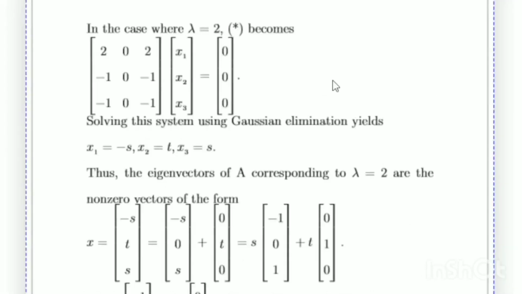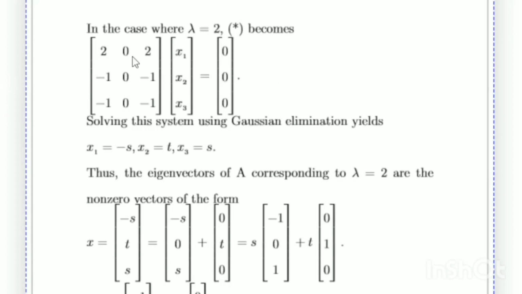So when we find out the eigenvalues, you will get lambda equal to 2, 2, a double root, and lambda equal to 1. 1, 2, 2 are the roots of the characteristic equation of that matrix. So for finding the eigenvector corresponding to lambda equal to 2, you write down (A minus lambda I) x equal to 0 form.